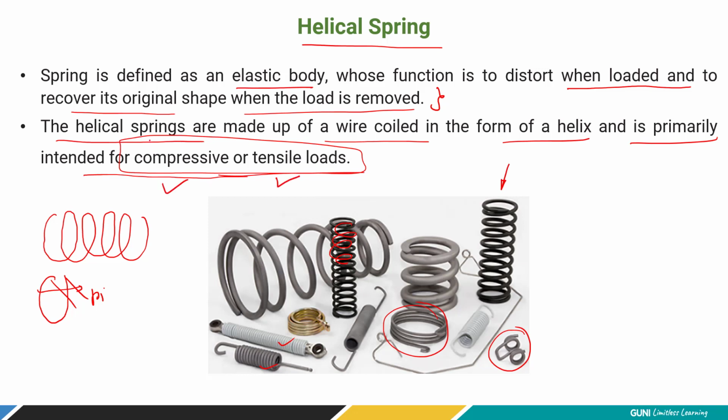Now what does it mean? Let me give you an example. Just look at the shock absorber of your motorcycle, right? What it does is it simply compresses. Whenever your wheel is moving over a pit or a bump, it compresses and absorbs the shock, right? In the same motorcycle, you have a brake, right? Like a pedal brake here, okay? You are pressing it. But here a small spring is attached, which is of tension type, right? So whenever you apply it, it expands. Its overall length increases.